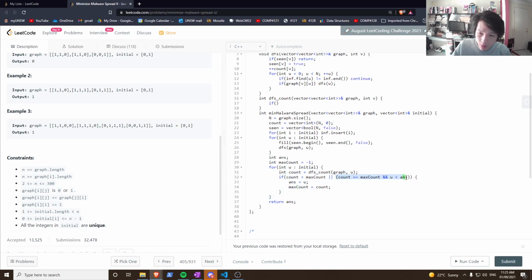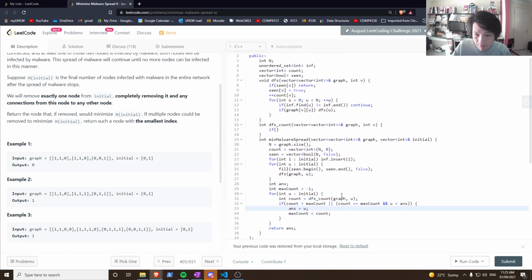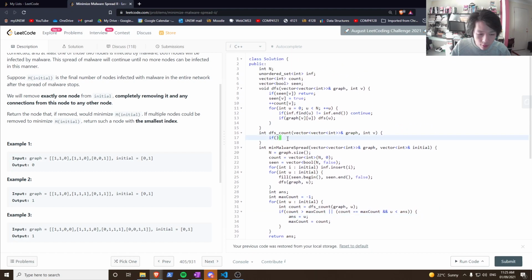So this part makes sure that we're returning the smallest index. And here